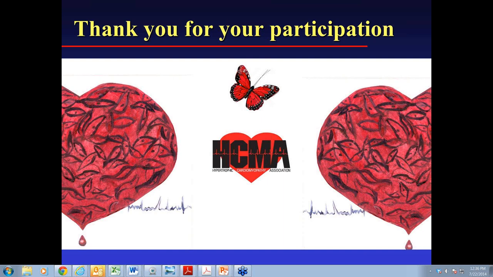Without going into the specific center, I think I've got 3 questions here. Can my center now get involved in being one of the programs involved with the study? At this point only the 40 centers, the 20 I listed in North America and the 20 in Europe, are members of the HCMR consortium. Because of the time it's taken to get these 40 sites up and running, at this point we are not looking for additional sites. We feel confident that each of these sites can recruit at least 70 patients.